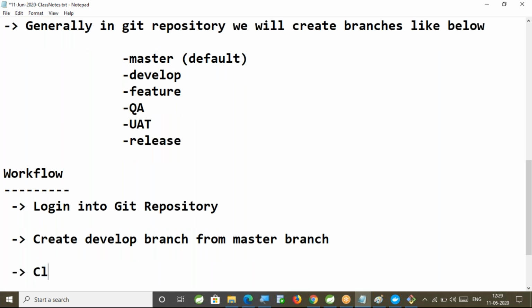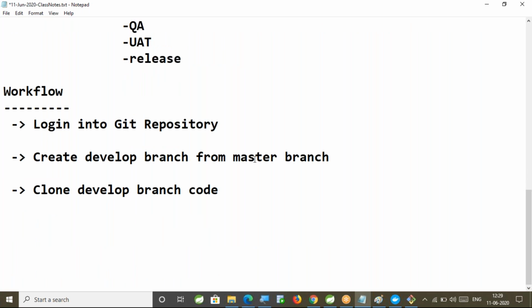We have done that. Then clone the develop branch code. If you execute git clone repository URL, it will clone the master branch by default. But I want to clone the develop branch.